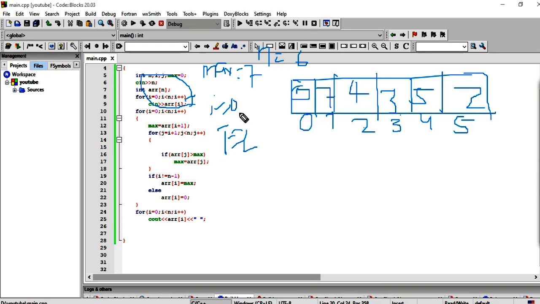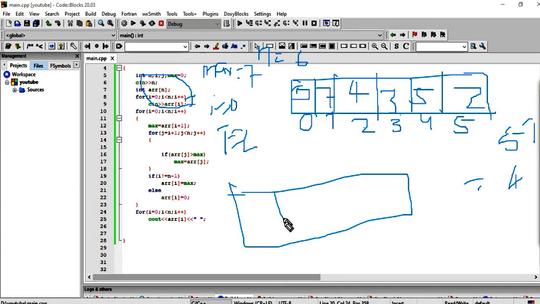Then it comes to the check i is not equal to n minus 1. Yes guys, i is 0, and n minus 1 is 5, so 5 minus 1 is 4, so 1 is not equal to 4. Then we take another array which has 6 length, with indices 0 1 2 3 4 and 5.